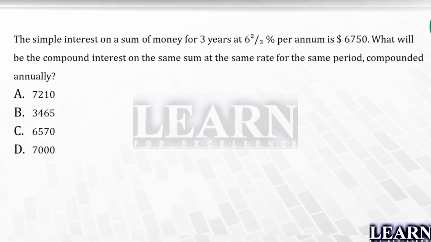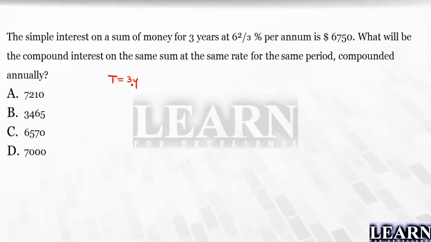They have told us the time is 3 years. The rate of interest is 6 2/3 percentage, or I can say it is 20/3 percentage, since 6 times 3 is 18, plus 2, gives 20/3 percentage. The simple interest is